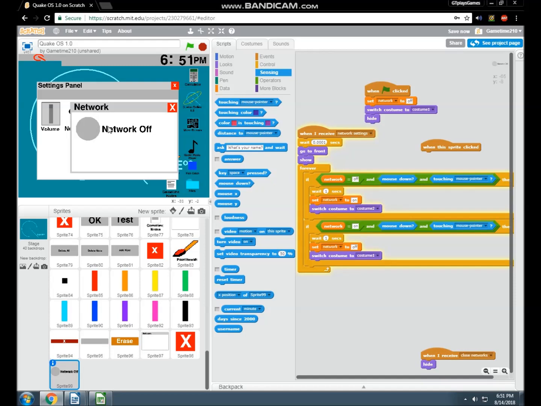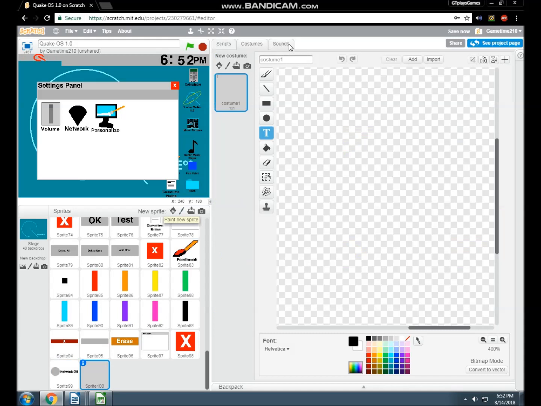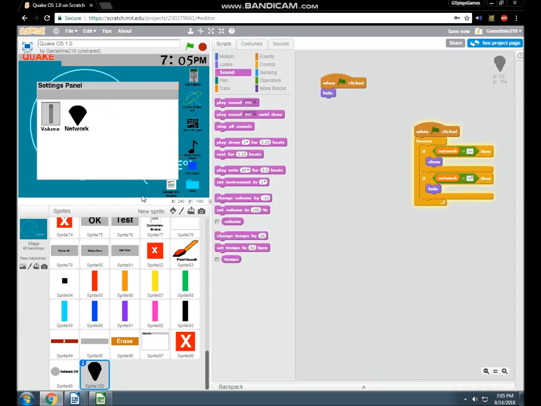There's one more thing I want to do very quick before we go on to the next part of the video, which is the internet browser. Okay guys, so what I wanted to do was make it so when you turned on the network, it would let you know by displaying a little thing on the screen, and that's what I did. So when we go to the network and turn it on, as you can see, it went up on the screen, and all it took was this code and a reset of the program.